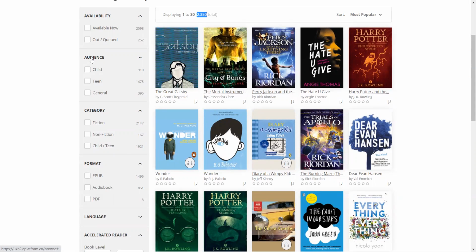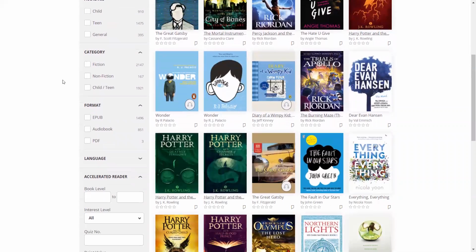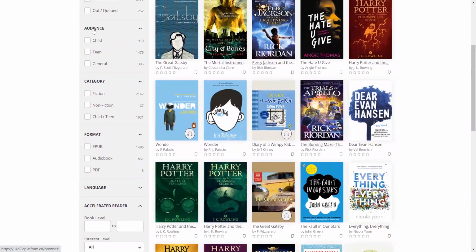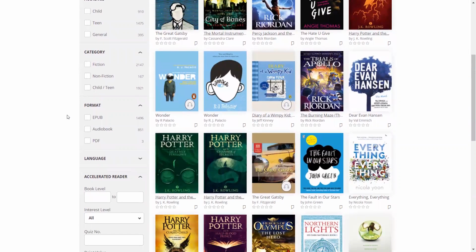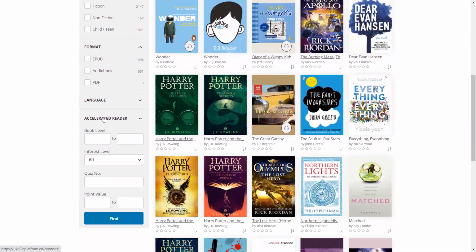On the left-hand side are a series of menus. And as we scroll down through here, we can choose to look at books that have an audience target. You can search for books via category. You can choose to show just ebook or just audiobook files. And you can search via accelerated reader book level. So there are lots of ways to find books that you want to read that are applicable to your preference